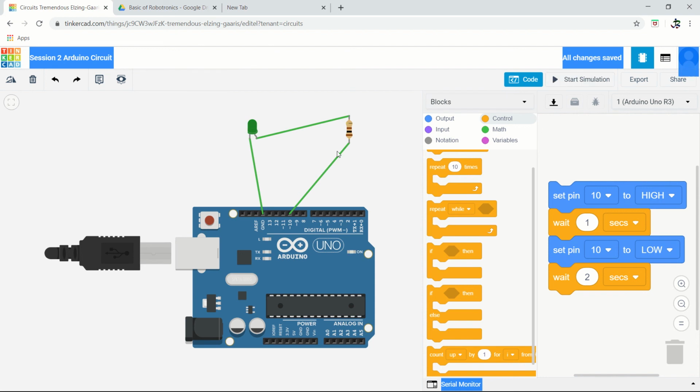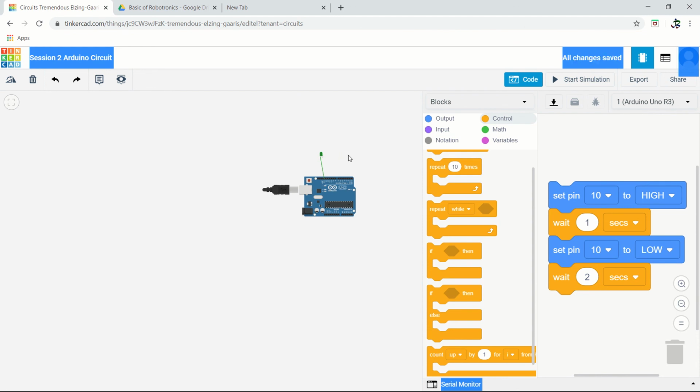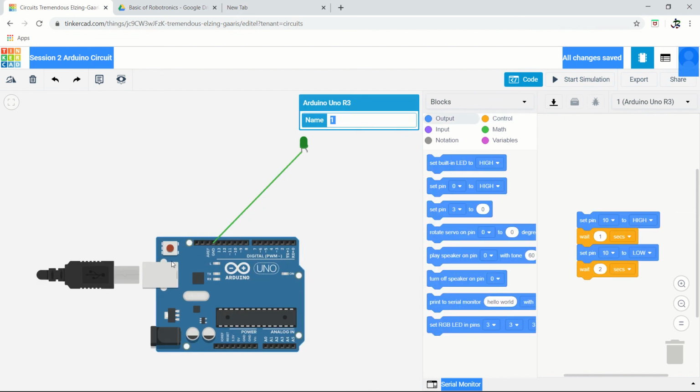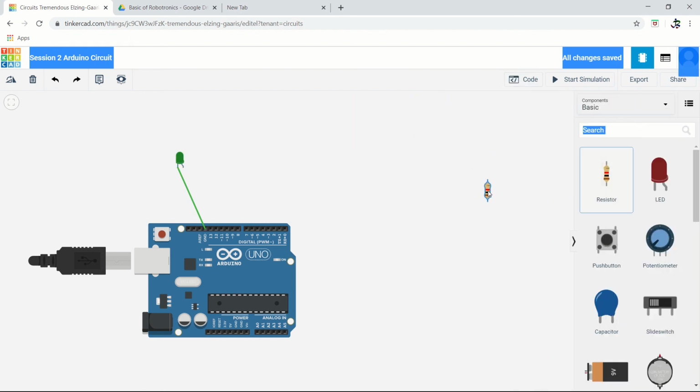Now one more concept we can discuss here is the position of the resistor, whether to connect it at the positive terminal or the negative terminal. Both will work. If I connect this resistor, you may face this problem also. I'm deleting this resistor now and connecting it differently. You can shift your electronic components. Now take the resistor. So this is the resistor. Now I am connecting this resistor to the negative terminal of the LED instead of the positive,